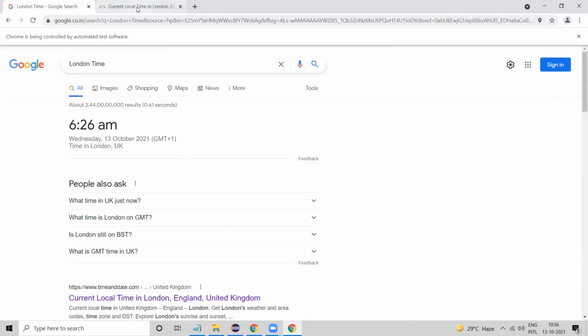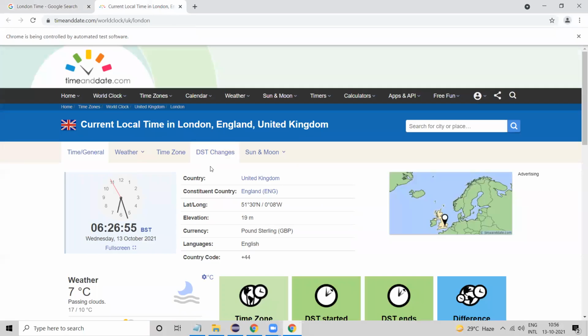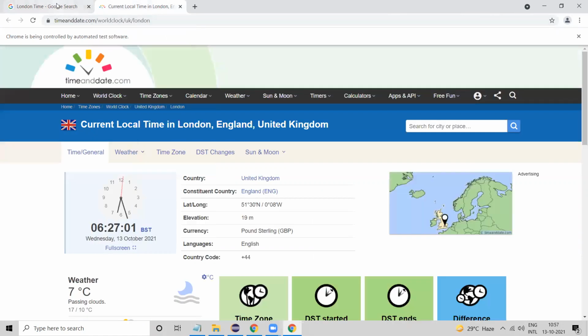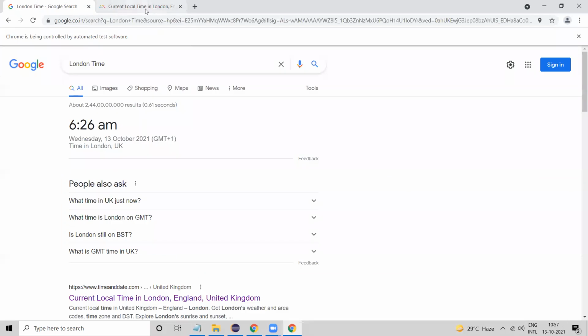Right, it is clicking on the new tab. The result navigates to the new tab only, but the focus is on the first tab. Suppose I want the focus to be on the second tab, the current tab. So how to do that? If I click on the link, it navigates to the new tab. That is working fine, but the focus is on the first tab only. I want the focus to be on the next tab.